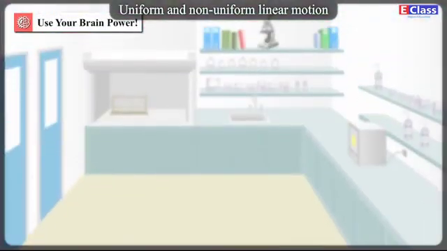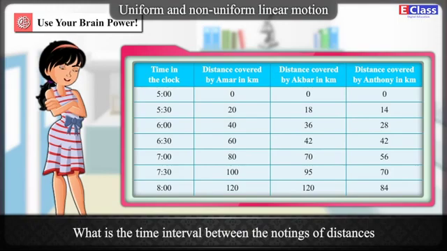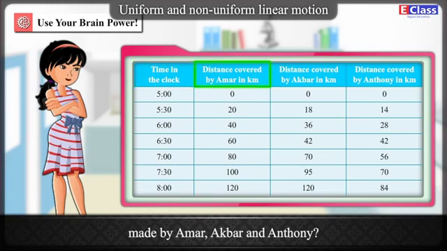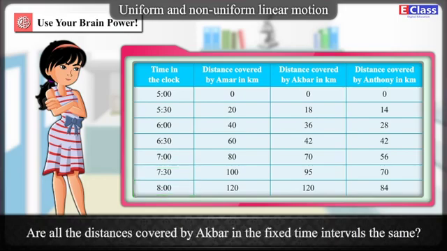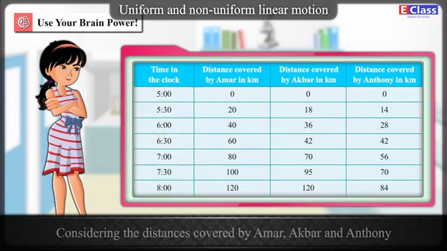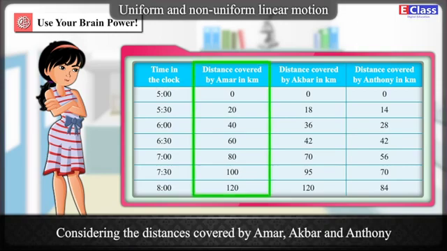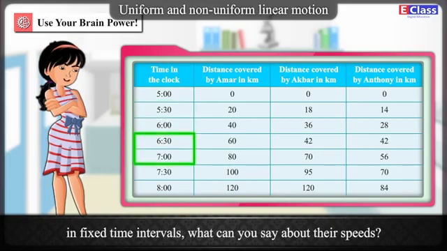Use your brain power. 1. What is the time interval between the notings of distances made by Amar, Akbar and Anthony? 2. Who has covered equal distances in equal time intervals? 3. Are all the distances covered by Akbar in the fixed time intervals the same? 4. Considering the distances covered by Amar, Akbar and Anthony in fixed time intervals, what can you say about their